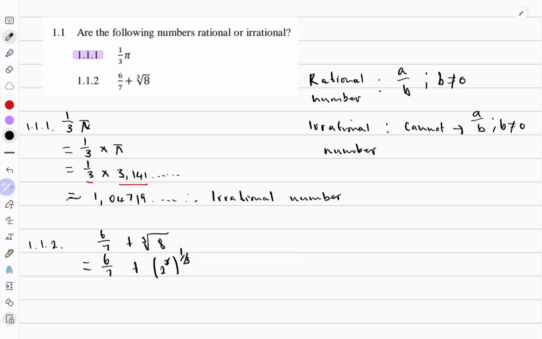So the 3 and 1 over 3 cancel out. So this is 6 over 7 plus 2, which is equal to 6 over 7 plus 14 over 7. This 14 over 7 is 2, and this is 20 over 7. So this here is a rational